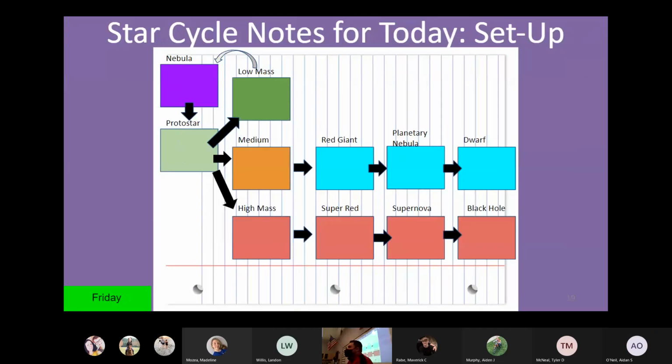Stars in general, as they go through their life, are doing things, and that's what we're going to focus on today. What are they doing in those processes, and what are the different types of stars? On your screen, you have some notes, and the reason we're going to take paper notes today